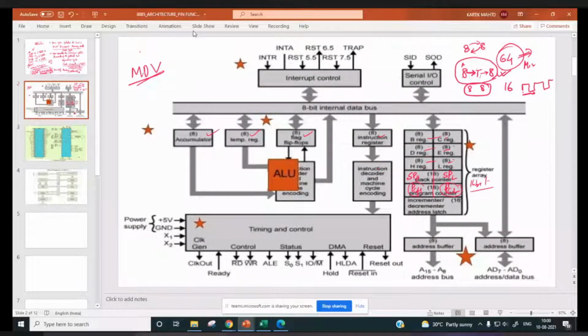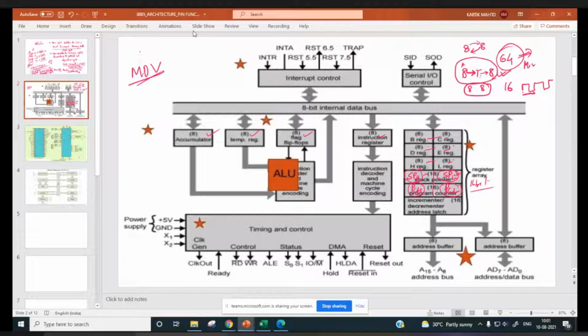Similarly, the stack pointer is a 16-bit register, and you can divide it into 2 bytes, SPL lower order byte and SPH higher order byte, similar to the H and L registers, and you can treat them separately. Whenever you need, you can check these values SPH, SPL, and copy them. You can see them on the display, right?